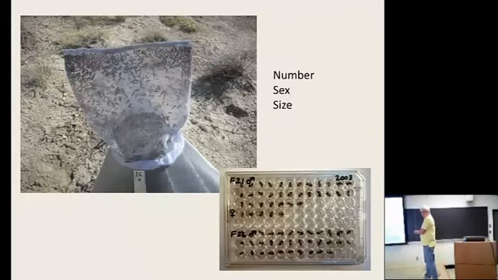Okay. So here's a lot of reproductives up in the top of this cone. We can take a cone off and count all of the reproductives, get the number, and find out whether they're making males or females. We put everybody into these 96-well microtiter plates, hundreds of them, and dry the reproductives and weigh everybody, so we have some sense of their size as well. Okay. So that's a lot of effort to get information about the reproduction of those 200 colonies.